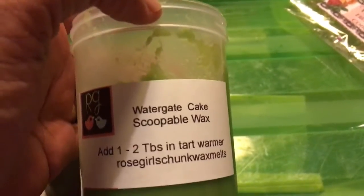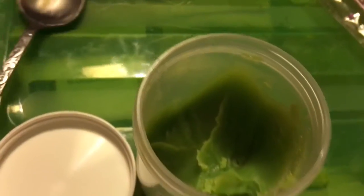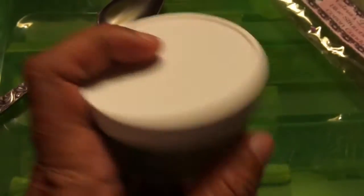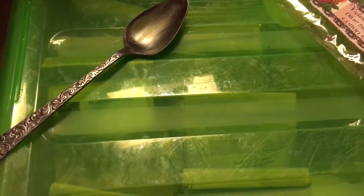If I decide to order more of Kathy's scoopables in the future and try more of her scents, because I definitely wanted to go back and get more, but I'm like, if I can't get this stuff to work in my house, then I can't go back and spend, I think these are $9, if I'm not mistaken. I can't go back and spend $9 on something that's not working in my house. And although I know people don't want to wait